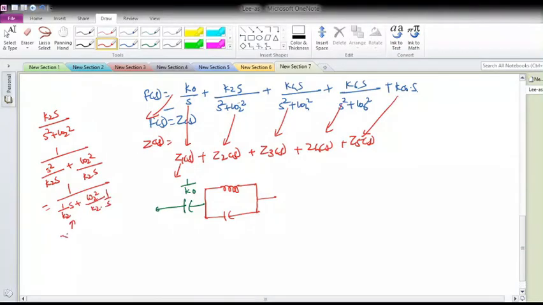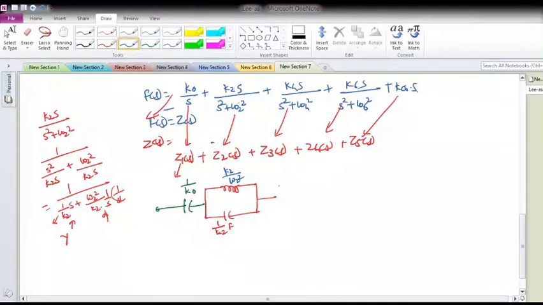So this is basically admittance, and we see that these are in parallel form, right? Admittances, if they are in addition, will be in parallel form. 1 over K2 will be the capacitor, because the admittance of a capacitor is Cs. So the value of C here is 1 over K2 farad. And this is your inductor, 1 over SL. The admittance of the inductor is 1 over SL, and the value will be the reverse of it, which is K2 upon omega 2 square. This is for Z2 of S.